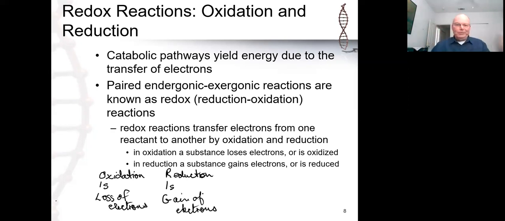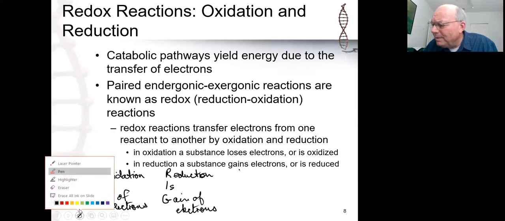So that allows you to learn this connection between oxidation and reduction. Oxidation is loss of electrons, reduction is gain of electrons. This one works. If you like this one and it works for you, then by all means go ahead and use it. The one that I really like, however, is, and I'll change color on this one,